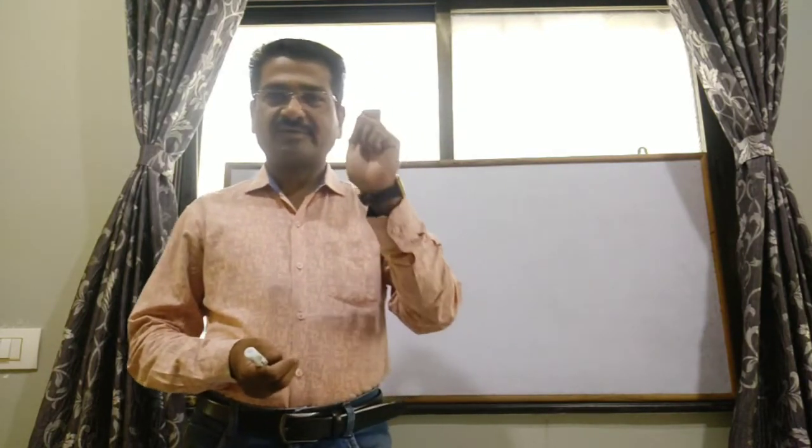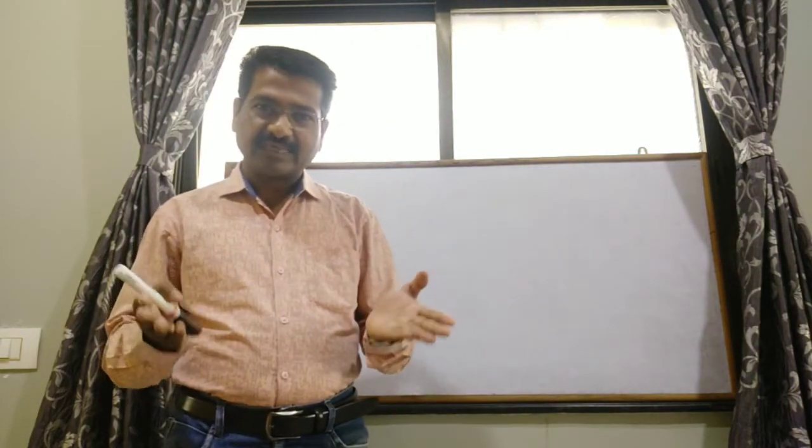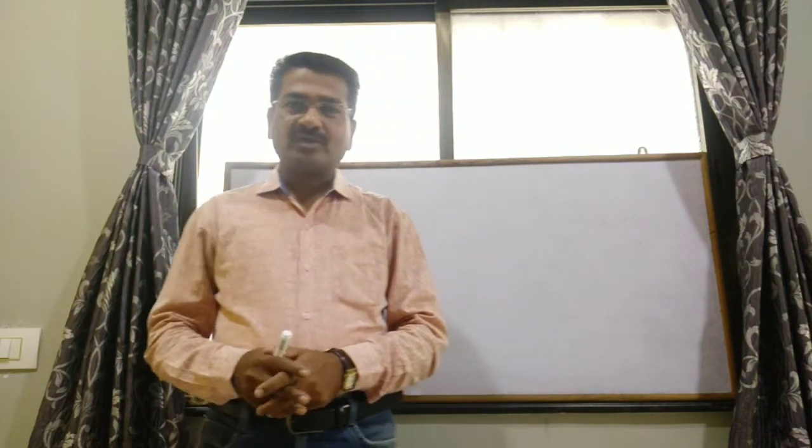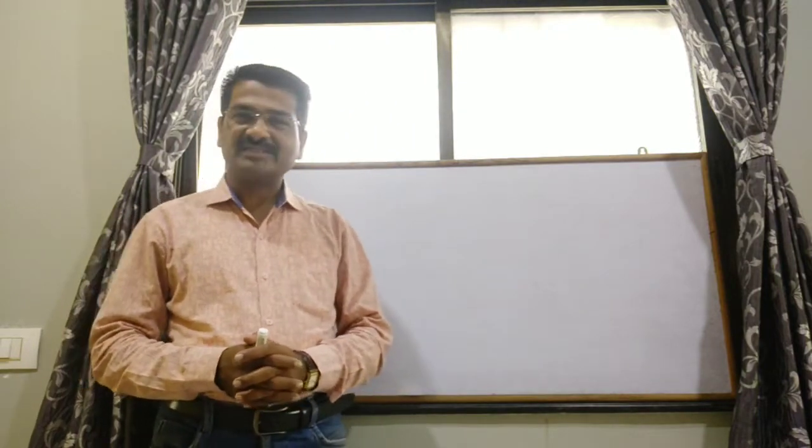Good morning, everybody. In the previous class, we discussed the chemical properties of halogens, that is, group 17 elements. Among those chemical properties, the first one is the oxidation state of halogens. First of all, let us see what oxidation state or oxidation number is. The actual charge present on an atom of an element in a compound is called the oxidation state or oxidation number.